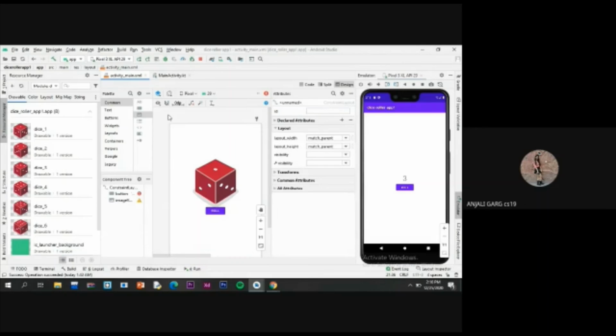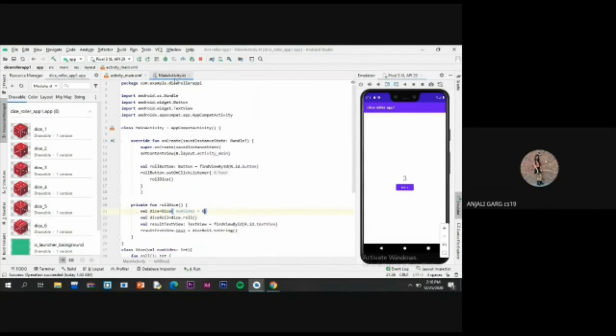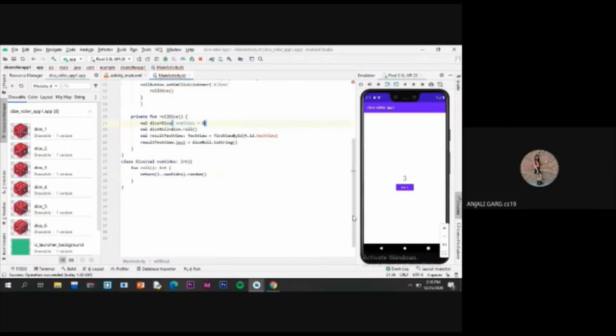Okay, so I'm done. Now you can see the warning marks. As we have changed the text view, we have to make the required changes in our app also. You can see the red mark here. It is all because of the text view. So we have to change it to our image view. We have to again do some coding. So let's do it. We need to delete this part. The text view part we can delete.